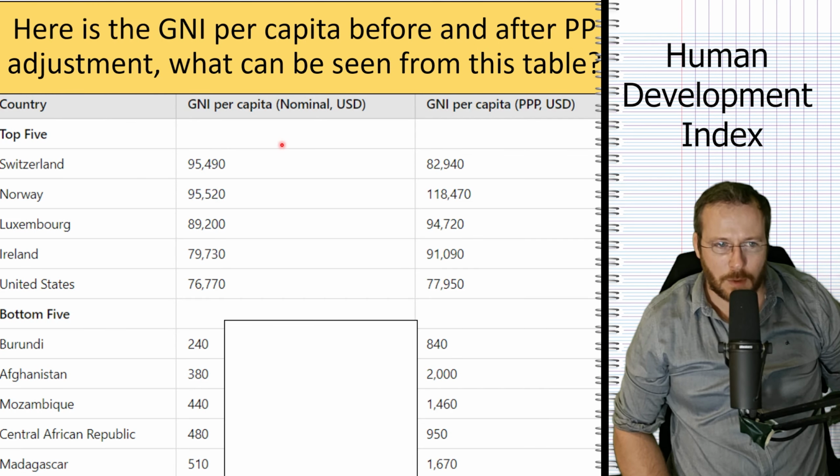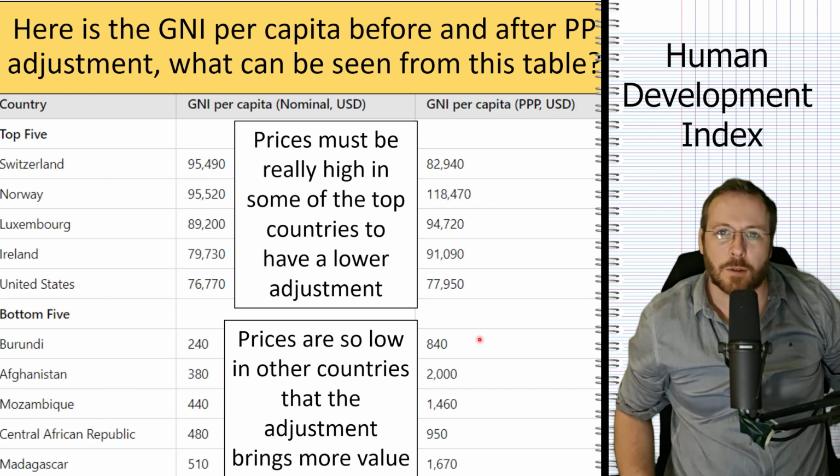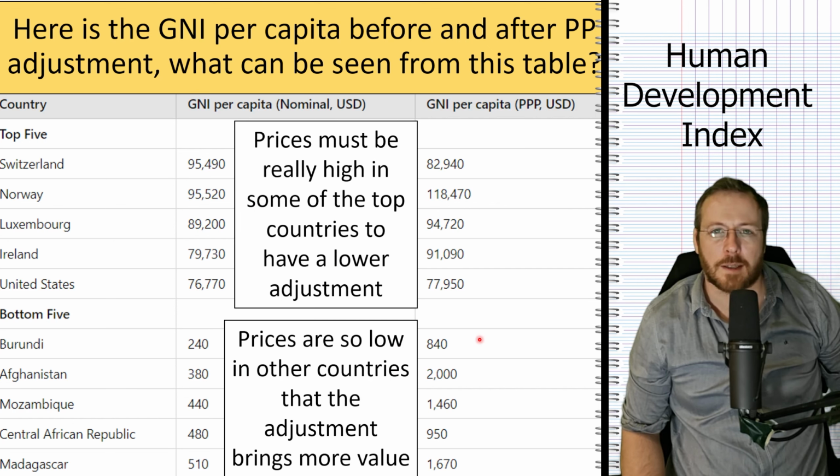What we can see with really expensive countries like Switzerland is the average income is really high, right? But because things are so expensive in Switzerland, when we adjust for PPP, we actually remove some of the value of that money. So this value here is more representative because everything's so expensive over there. But in places like Burundi or Afghanistan, where prices in the street are so cheap, even though their salary is very low, it goes further. So the value is increased here. Just take a look at that concept and try to understand it.